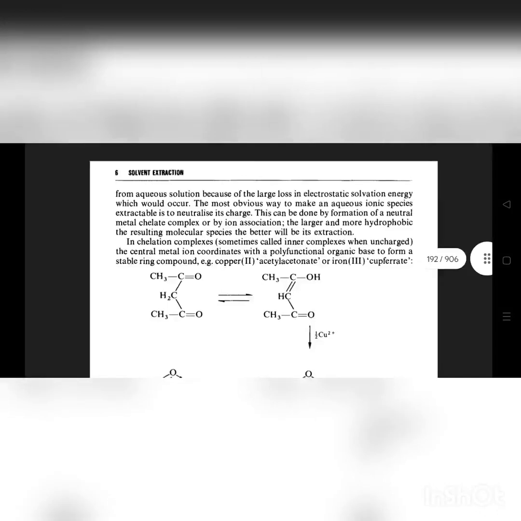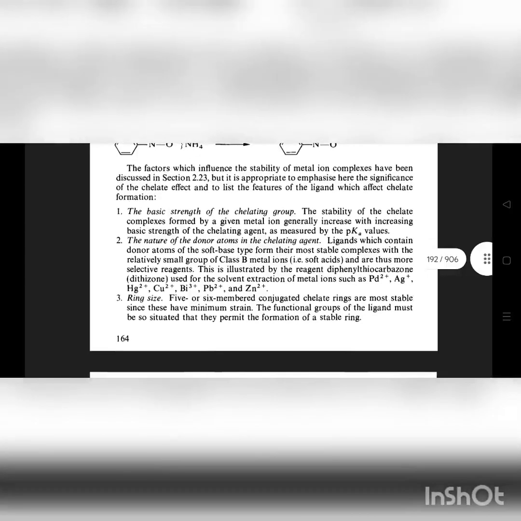The larger and more hydrophobic the resulting molecular species, the better will be its extraction. In chelation complexes, the extracted metal ion coordinates with a polyfunctional organic base to form a stable ring compound, for example copper(II) acetylacetonate or iron cupferrate. The factors which influence the stability of metal ion complexes have been discussed in section 2.23,